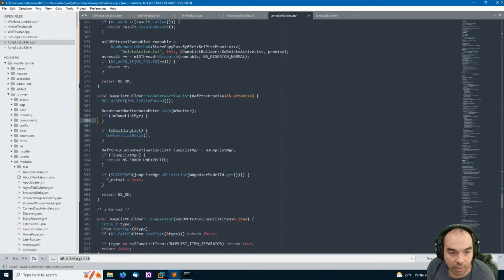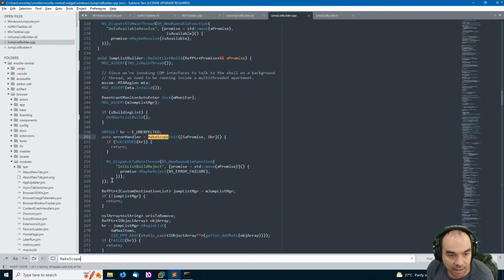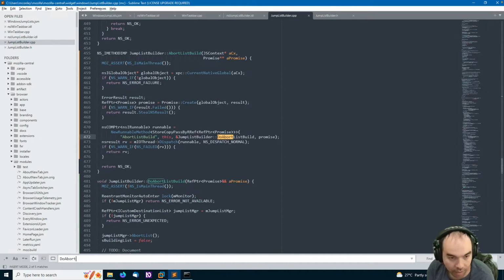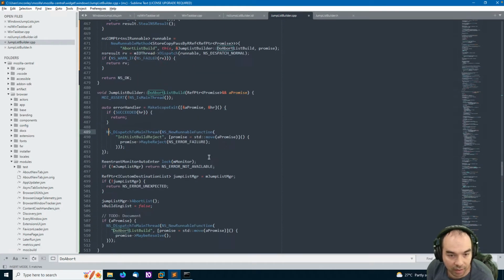You know what, I don't want to keep repeating that. So here's what I'm going to do instead. Make scope exit. This is a classic. Do abort list build. So what we'll do is we'll say, hey, here's an error handler on scope exit.